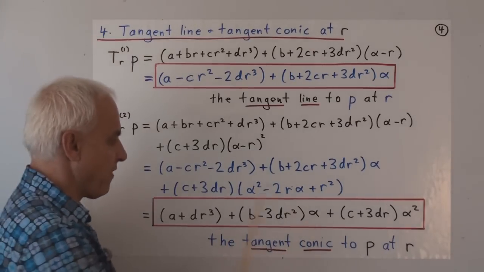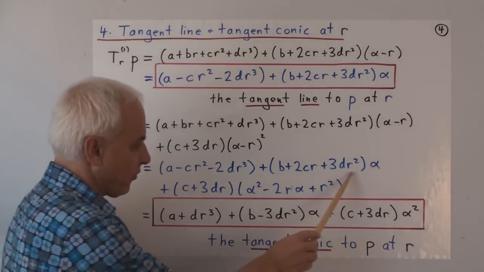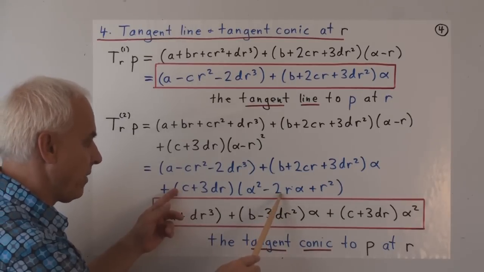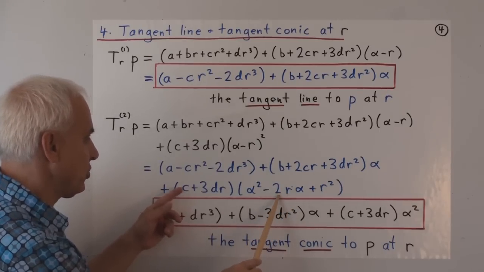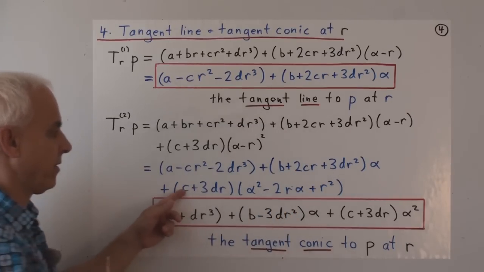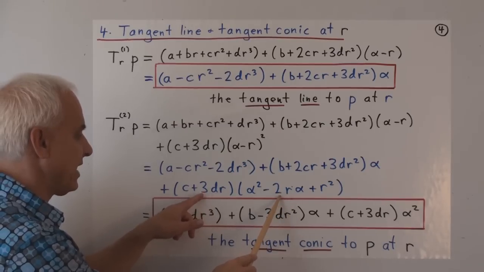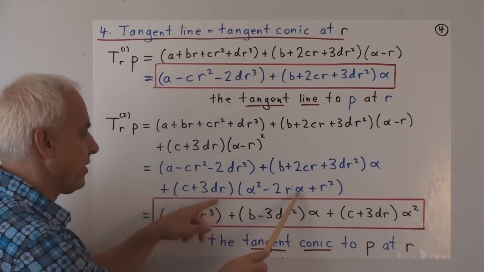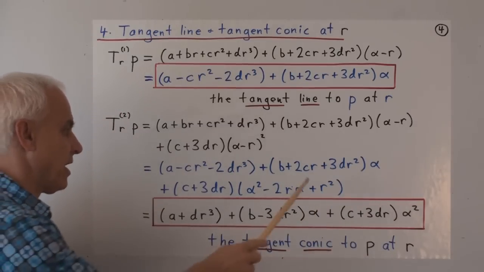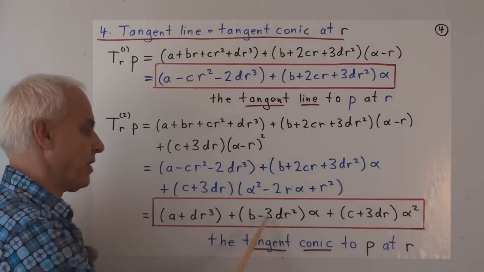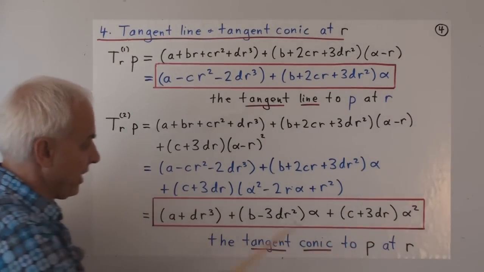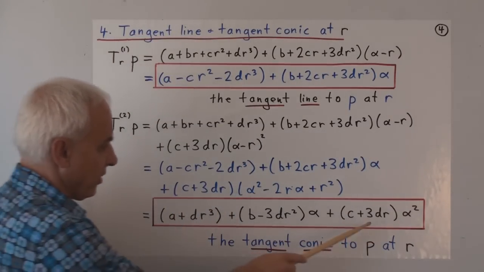What about the coefficient of alpha? Well, here's how many alphas we have to start with, and then we have to add a certain number of alphas here. How many? Well, from here, minus 2cr alpha. That's exactly canceling this one. And also minus 6dr squared times alpha. We already have 3dr squared times alpha, so we're going to have minus 3dr squared altogether. And finally, the coefficient of alpha squared is the same as it is here. We're just copying this thing over.